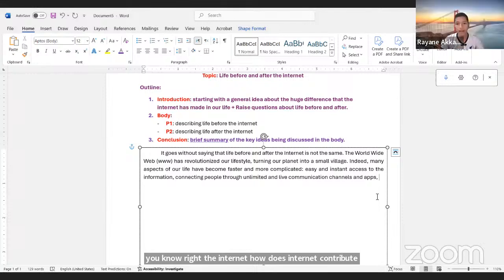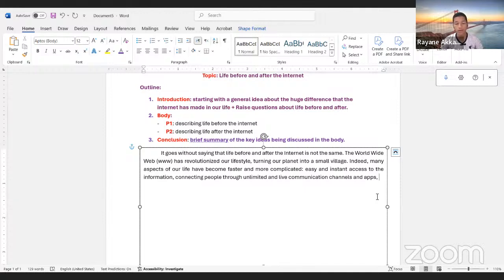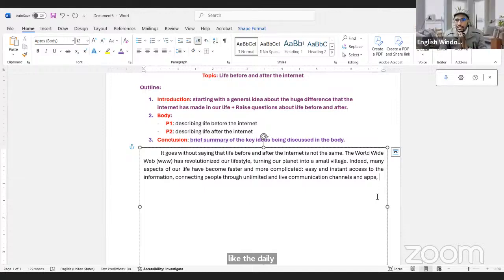Offering AI technologies to grow up and be like your daily helper, assistant, virtual assistant. Good. So let's see how can we express this idea. Talking about AI,